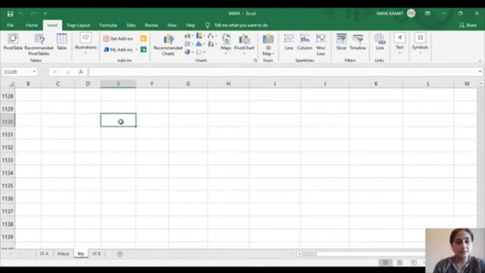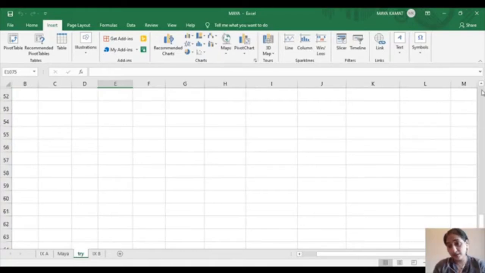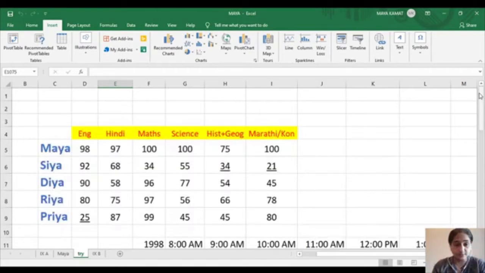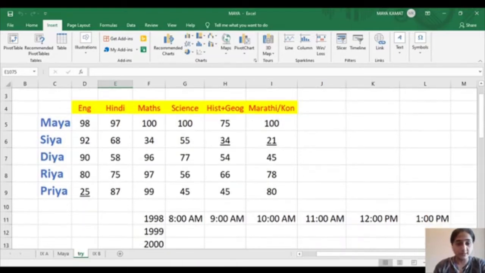Okay. So today we are moving ahead. We will learn the basics of Excel, wherein we are going to learn how we can add new sheets, a new row, a new column, anywhere that we wish to add new entries. If you remember, this was the file that we were working on last time, right?